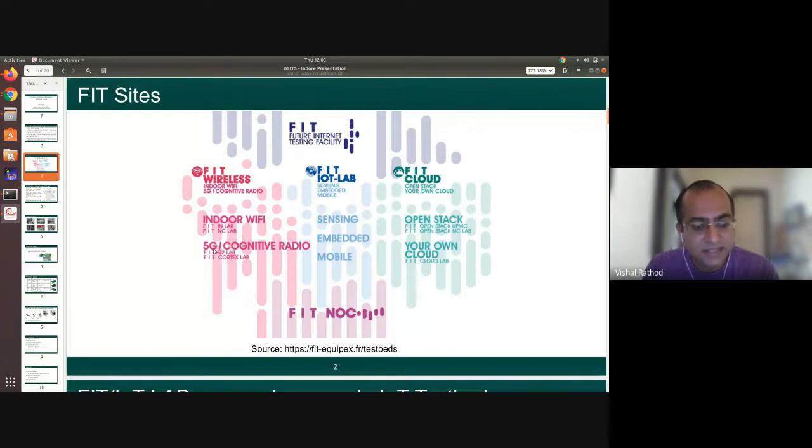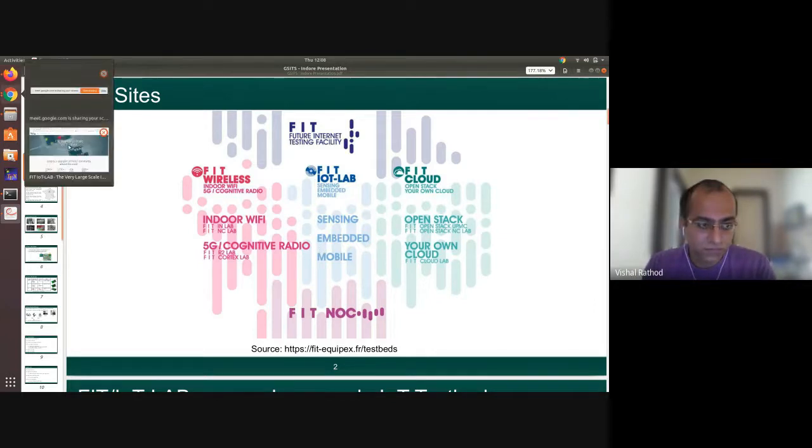For 5G, there are R2lab and CorteXlab. IoT-LAB is the one I will start to explain. And FIT Cloud is for OpenStack and Cloud Lab. So there are many testbeds. This is the URL from which this image has been taken.